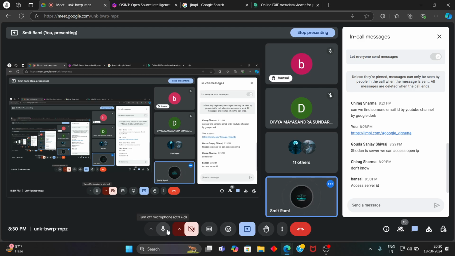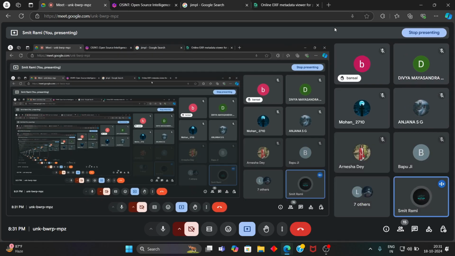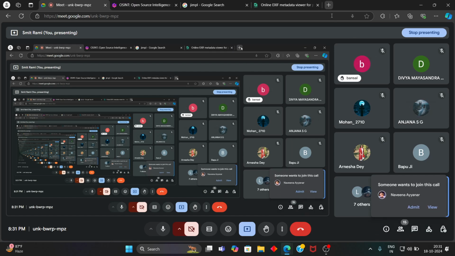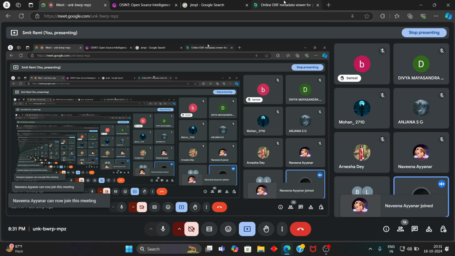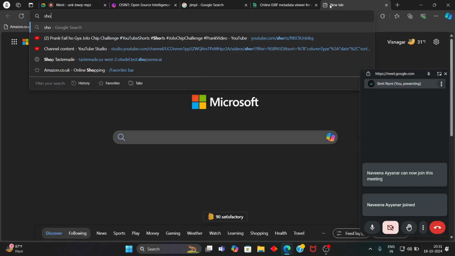Okay, so basically now, Shodan is a server we can access open IPs. Shodan is first of all not a server, that's a search engine. And yeah, we can access the open IPs and all. Yeah, that's correct. Exactly. So basically now let's go to Shodan and see how it works and how we can